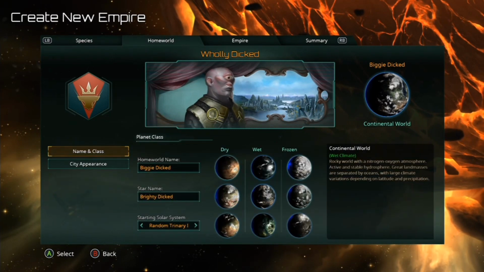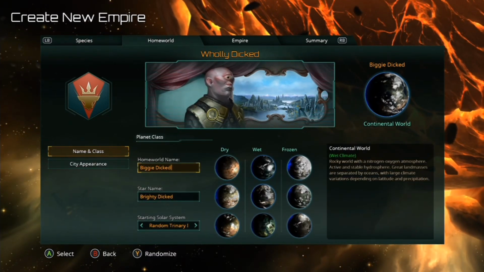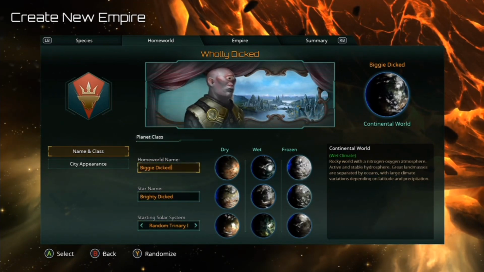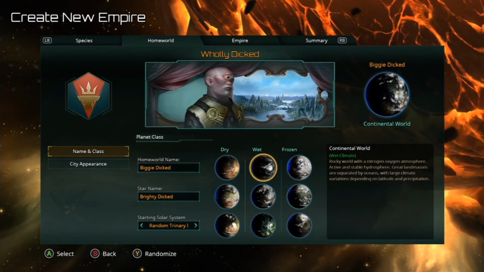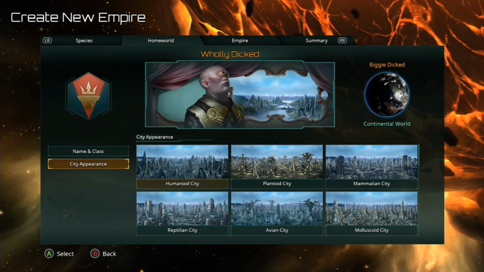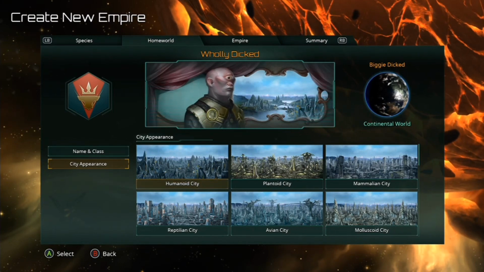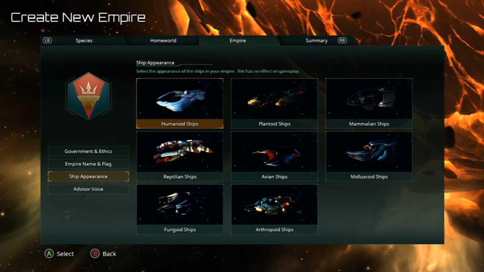Let's take a look at their homeworld really quick. The homeworld name is Big Edict, and the star name is Bright Edict, starting in a random trinary, and our homeworld is a continental world, so that we have a little higher habitability bonuses on the wet climate worlds, including tropical and ocean. And of course, the city appearance is a humanoid city, and a couple other Empire options was the humanoid ship appearance,